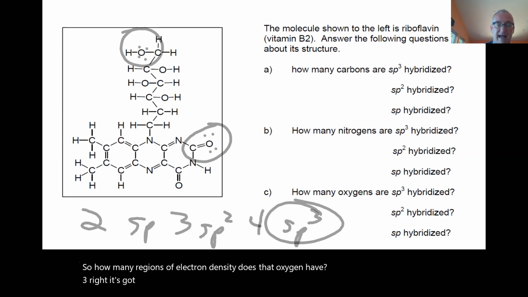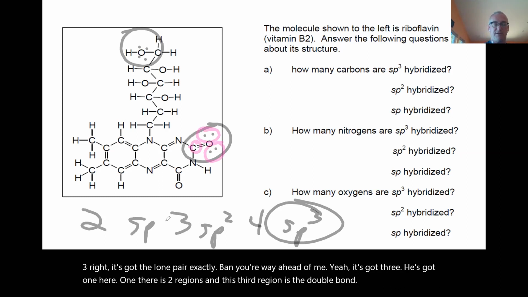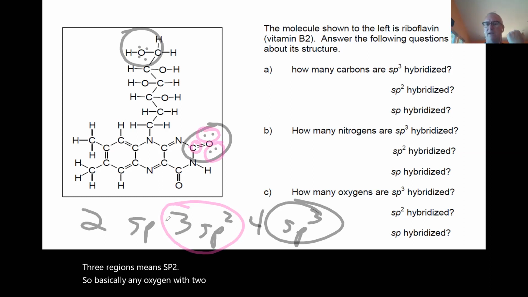Would it be sp2? Exactly. Man, you're way ahead of me. Yeah, it's got 3. It's got 1 here, 1 there. Those are 2 regions, and this third region is the double bond. 3 regions means sp2. So basically, any oxygen with 2 single bonds is going to be sp3 because the single